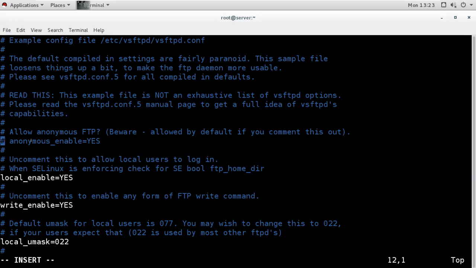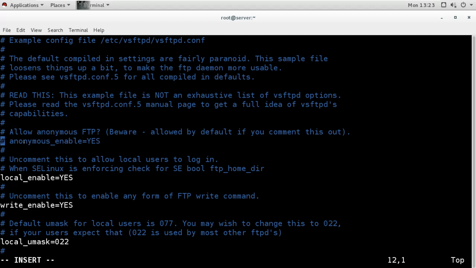Every server or every configuration has default settings. So if the setting is not in this configuration file, then it will go to the default state. And by default, the state for the anonymous user is enabled. So even if I comment this line, that does not mean the anonymous user is disabled. It will still be enabled because the default setting says it is enabled.